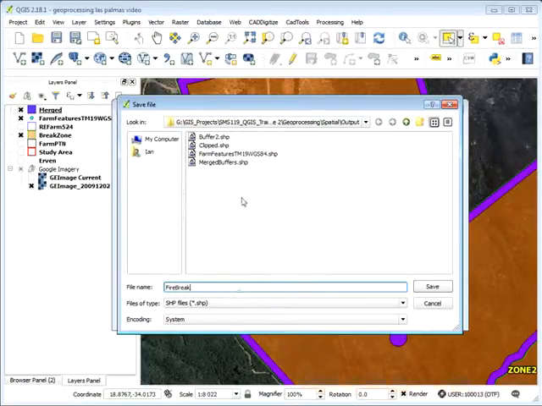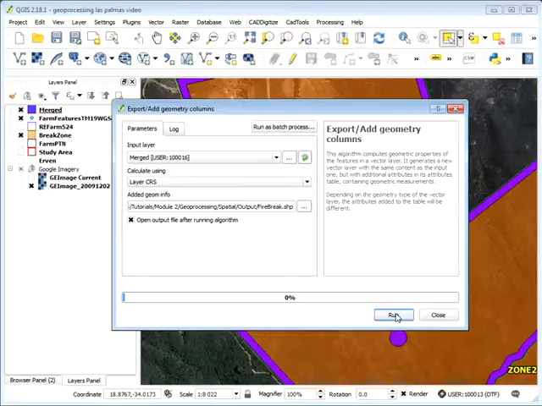Up until now, a lot of the layer names we've chosen have just been buffer, clipped, etc. So they're named after the geoprocessing function which we used for them. In this instance, this is a final layer, so I'm calling it Firebreak because it's the final buffers merged with the geometry calculated. So it's the Firebreak layer, and that's going to be the one we use in our final project when we're calculating. So let's say save, and we're going to add it to our view, click run,